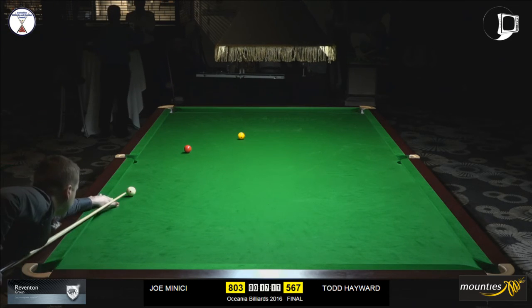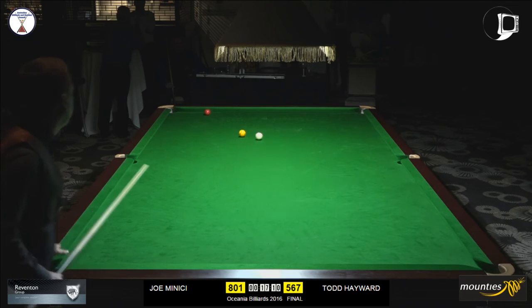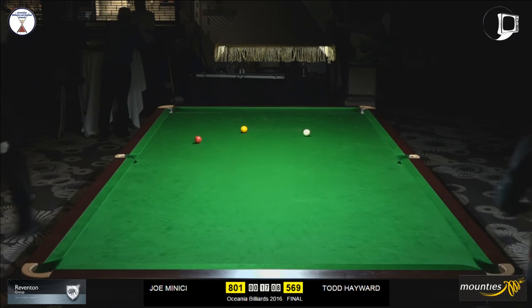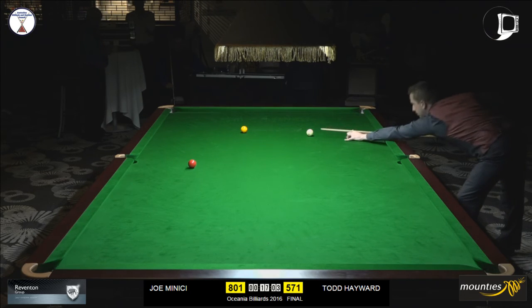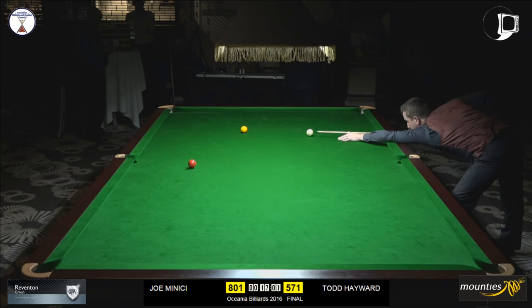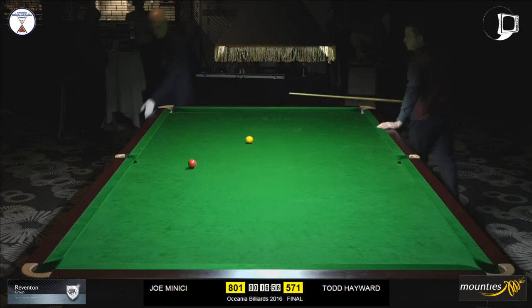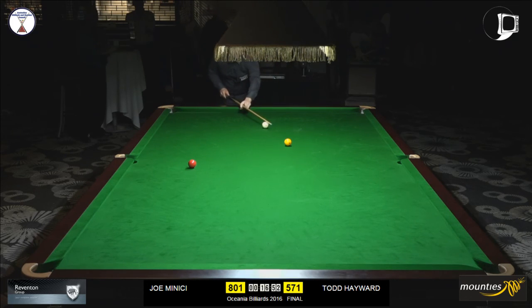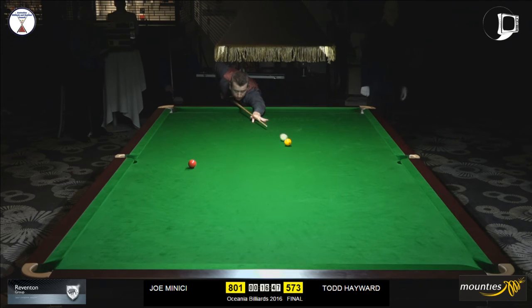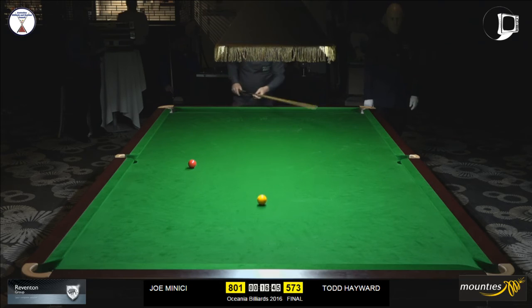So the lead's now slipped out to well over 200, and the clock is ticking down to 17 minutes. Looking pretty good for Joe. Too early to crown him champion just yet. No. You can score at the rate of 100 in a bit more than 6 minutes if you get them into tight position at the top of the table. Todd would be more around 7 or 8 minutes per 100. Yes. Just playing his normal game, and with 16 minutes left, that means he really needs to